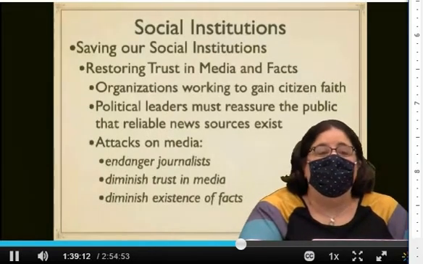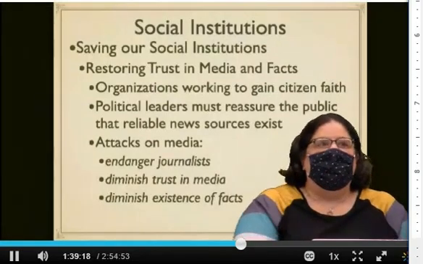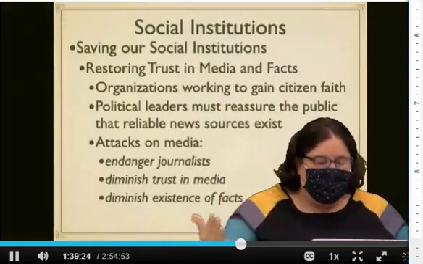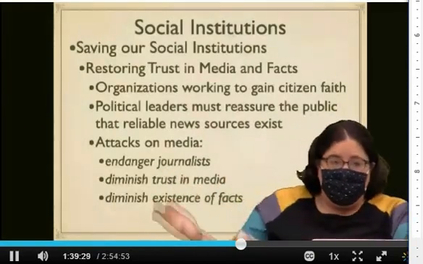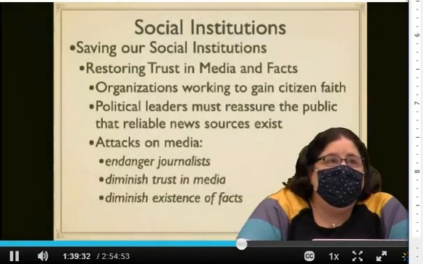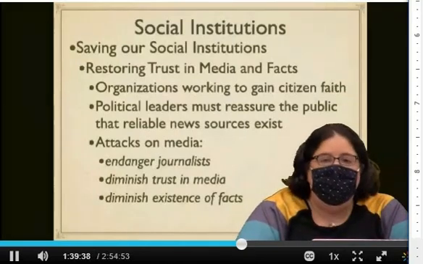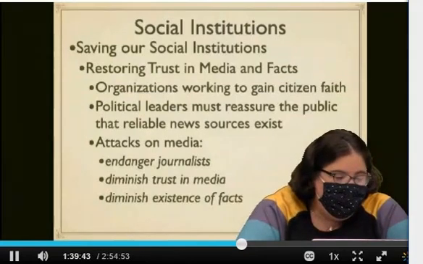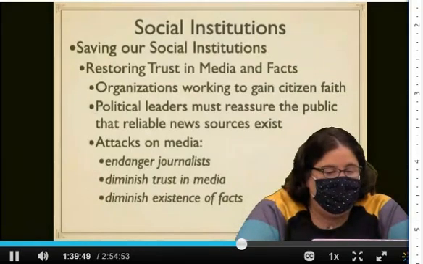There are facts, there are stories to which there are not two sides. Those things can happen. But by having a blanket attack on the media and by undermining that institution in society, it diminishes all of these things. Does that mean that all media is great and we should embrace it without question? Of course not. But just blindly attacking the media for being the media isn't going to solve any of the problems. Questions or comments about restoring trust in the media?